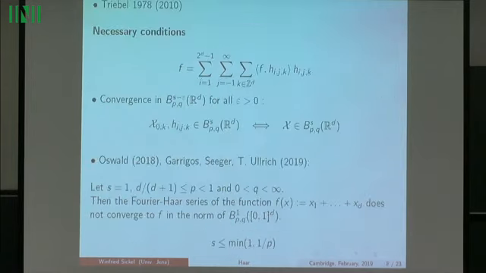So what about the restrictions? Let me explain these restrictions at least a little bit. We are interested in the Fourier Haar series of the function. And if we require that the convergence takes place with respect to spaces with smoothness s minus epsilon for arbitrary epsilon,